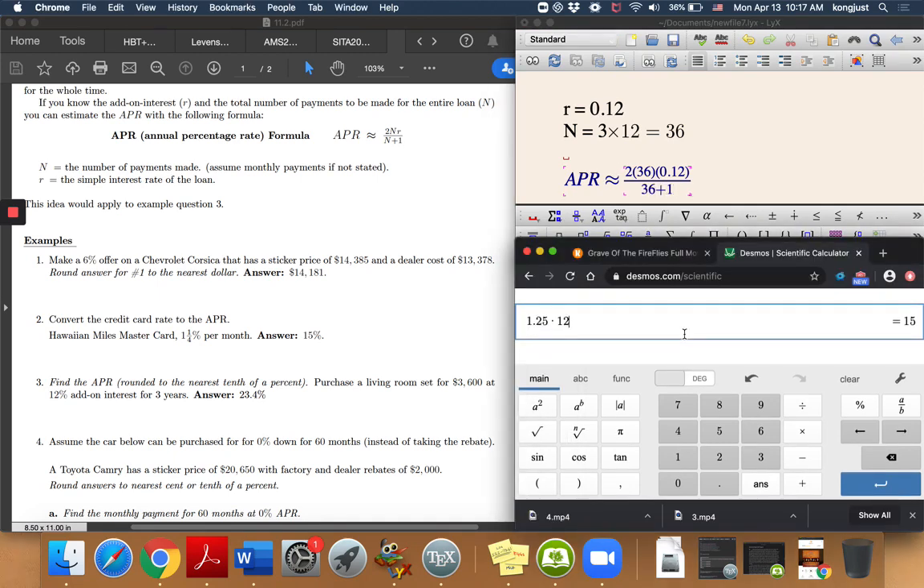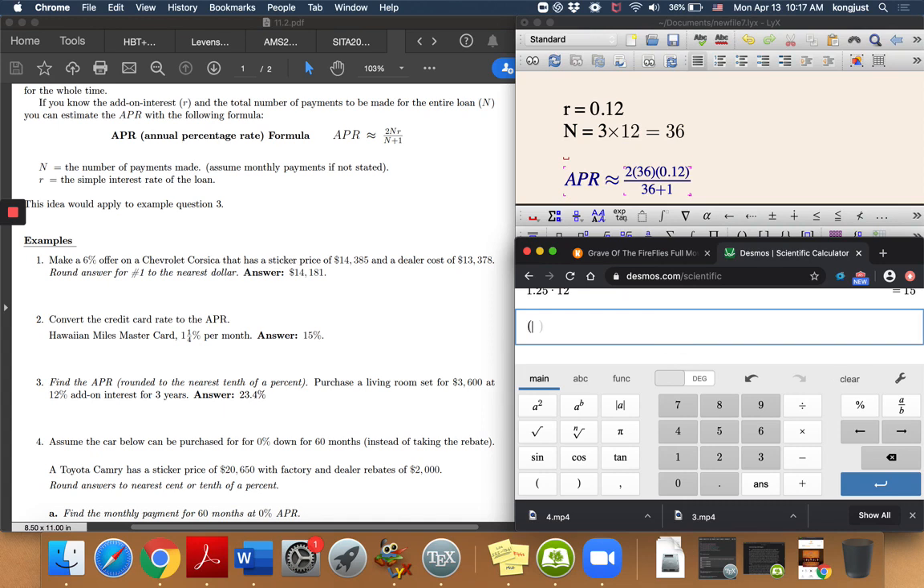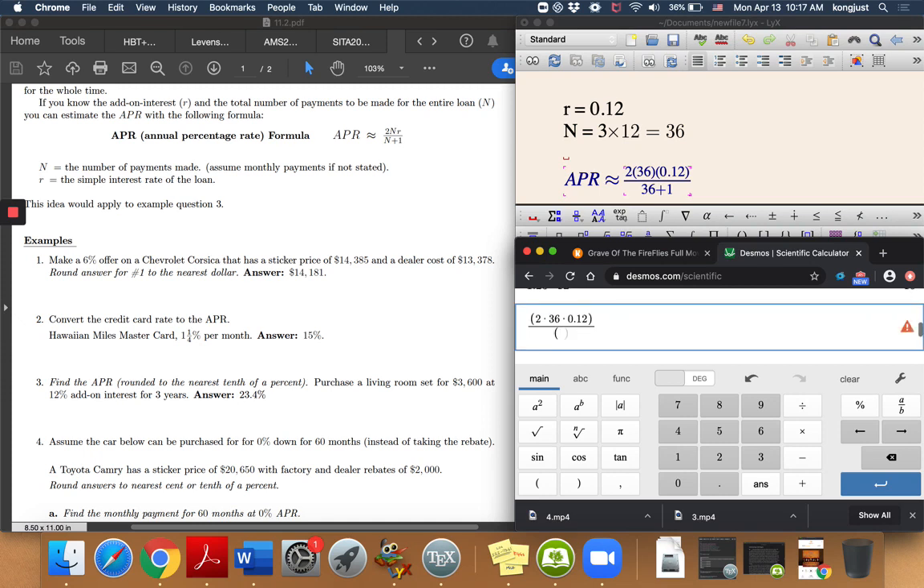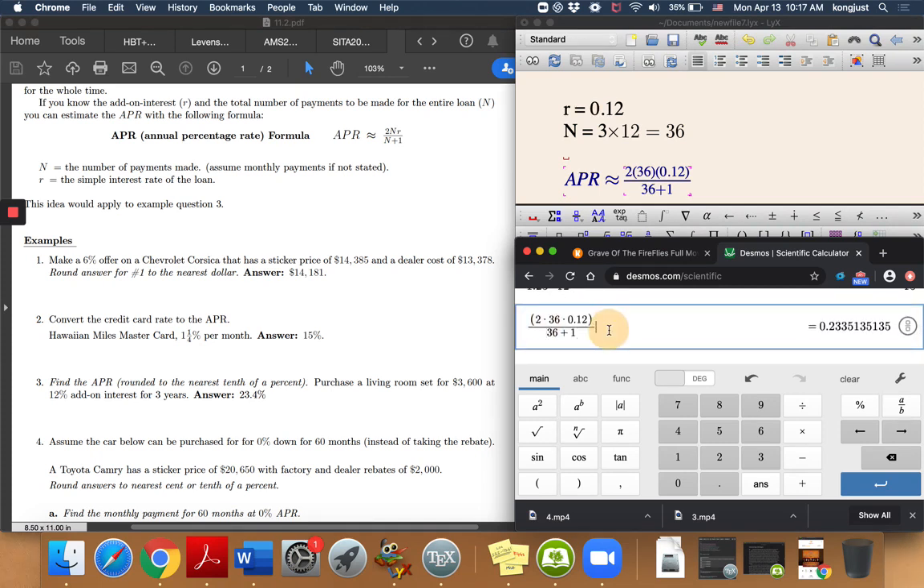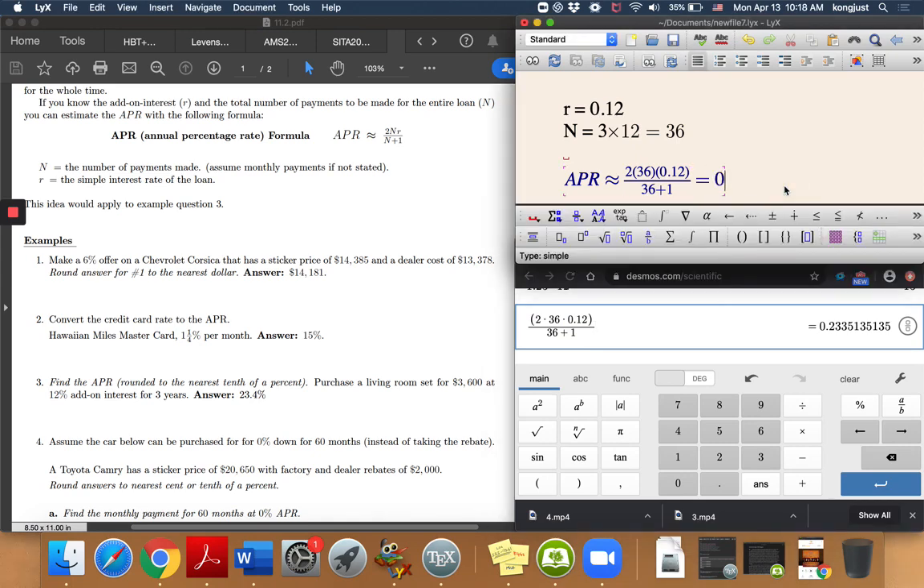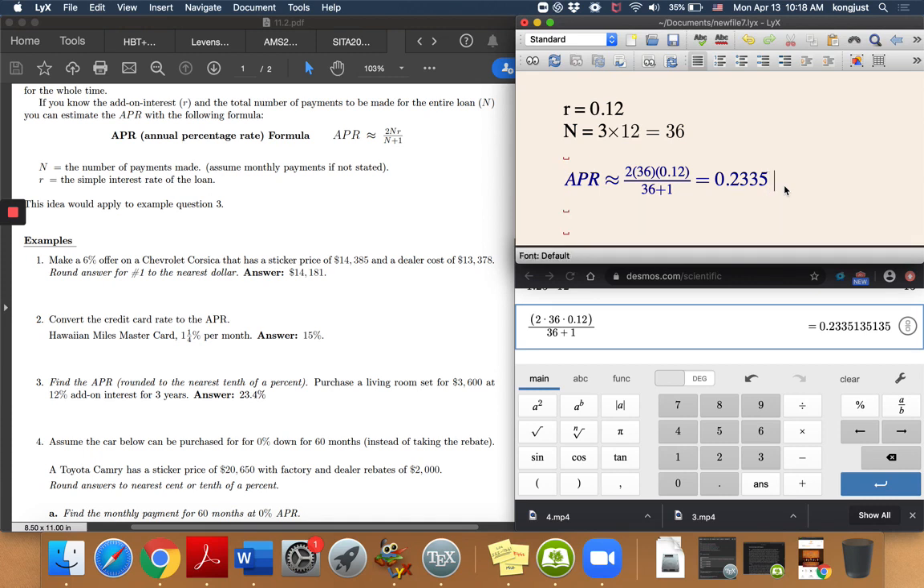Now when you plug this into a typical calculator, you should keep the top in parentheses, so 2 times 36 times 0.12, and then the bottom in its own set of parentheses. Desmos is nice that even if I don't put the bottom set of parentheses, it assumes that I meant it. But if you're using a handheld calculator, make sure that you keep the bottom in parentheses. And what I get is 0.2335, which is, as a percentage,